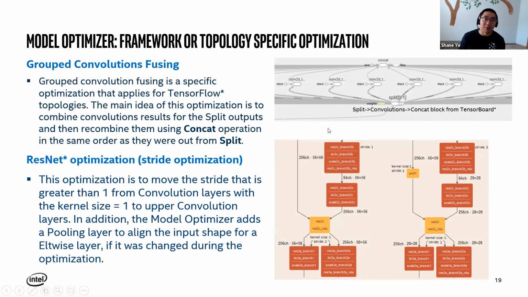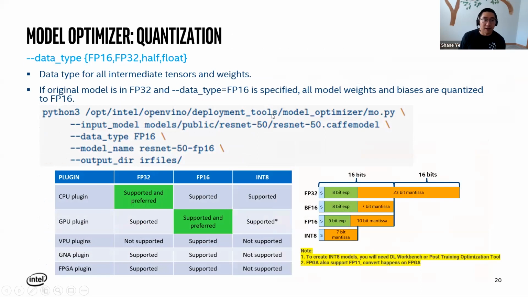The other type of optimization is framework or topology specific optimization. Like the group convolution fusing, it's only applied to the TensorFlow framework, and this ResNet optimization is only applied to the ResNet topology. And if you don't want to run those kinds of optimization automatically, you can always disable them. You can put the disable argument to the Model Optimizer. All right, and